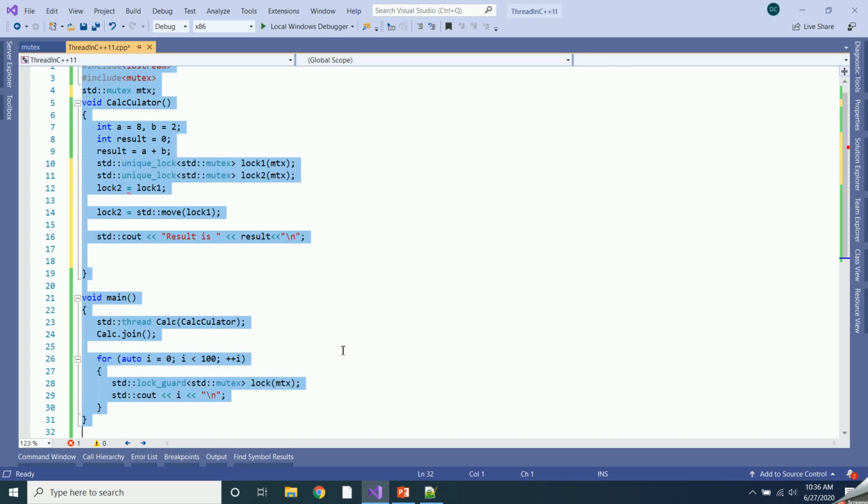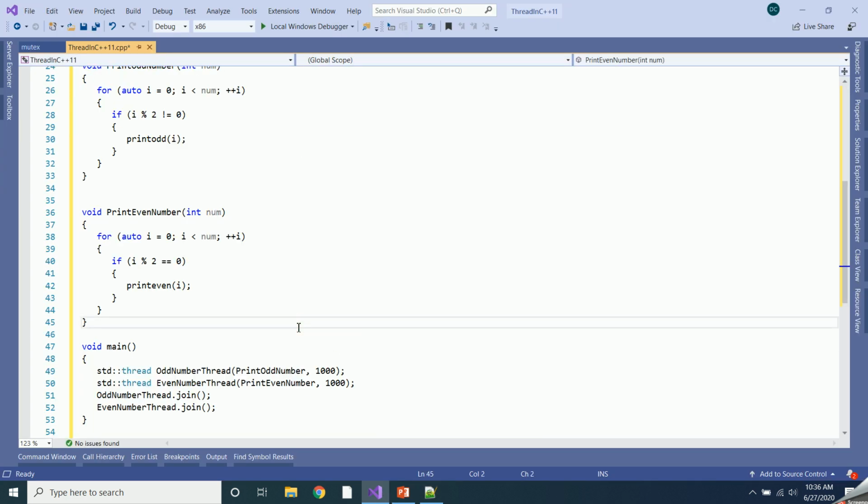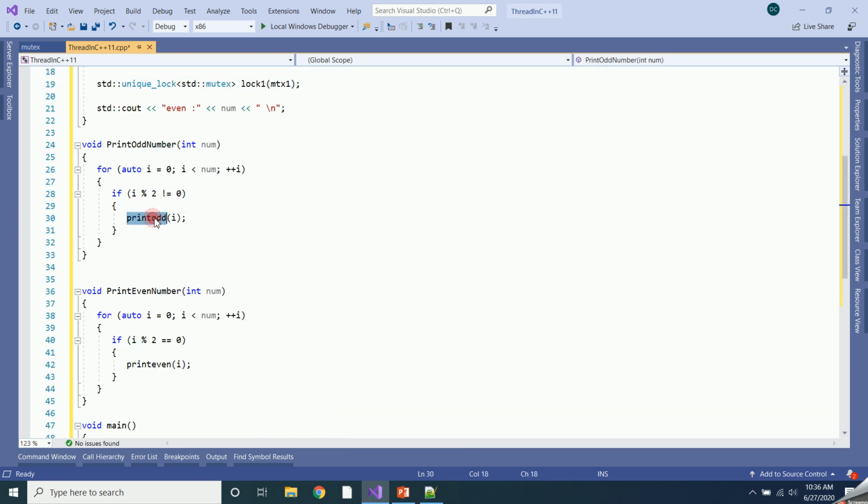When you use unique lock, here I have a main, and in this main thread we are creating two child threads. One will be printing odd numbers, another will be printing even numbers. The print even thread has the print even function defined, and the odd number thread has the print odd function defined.